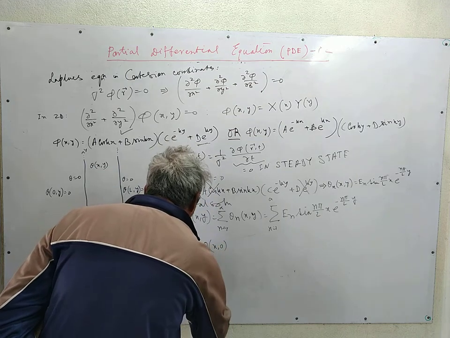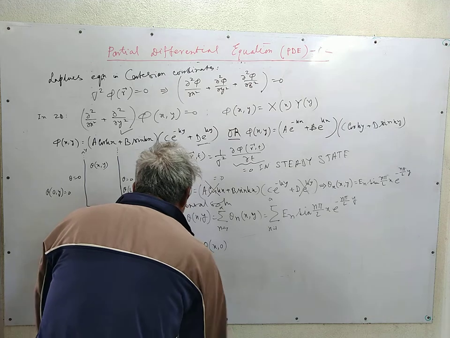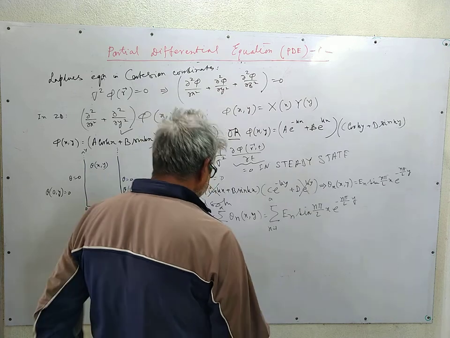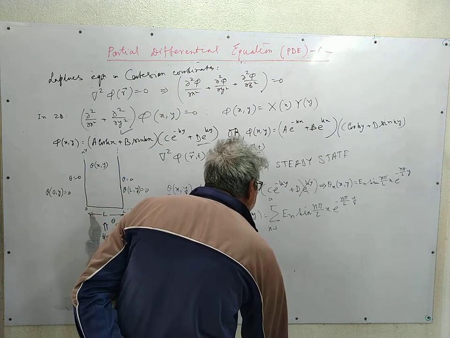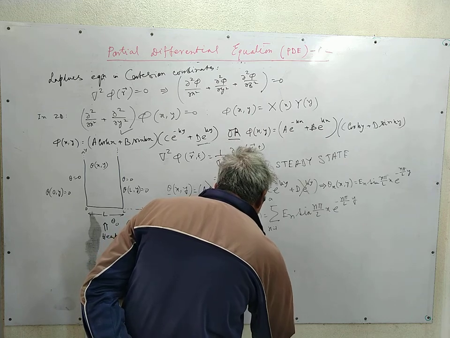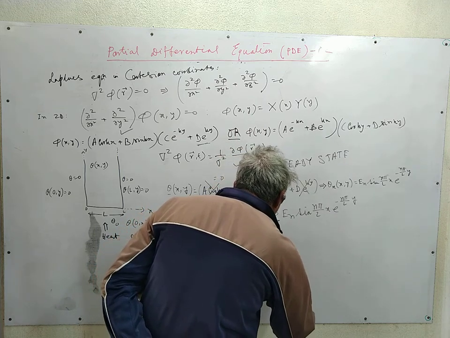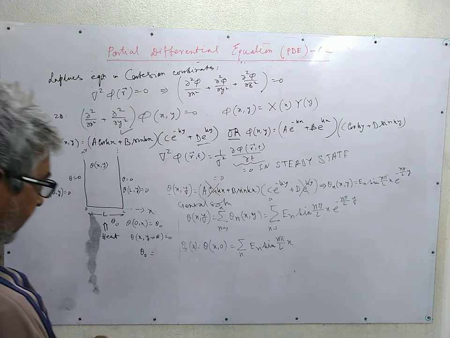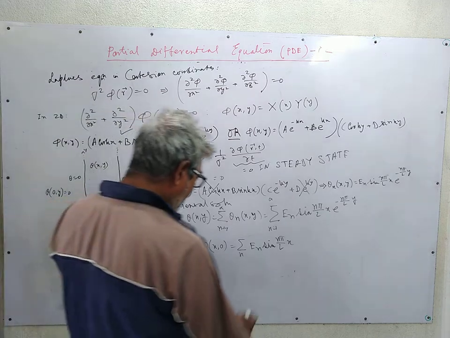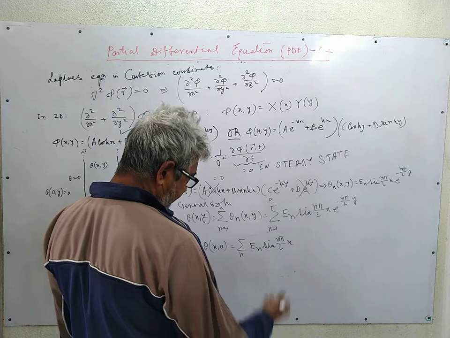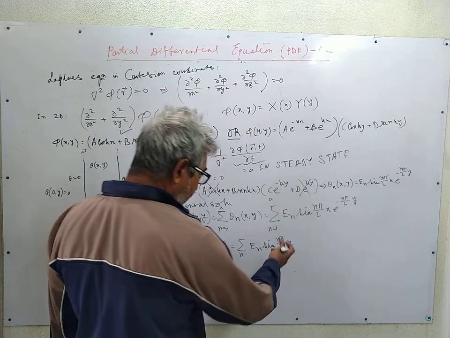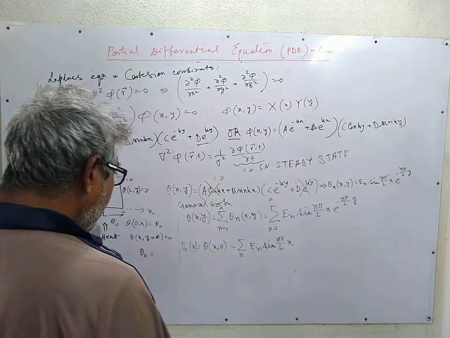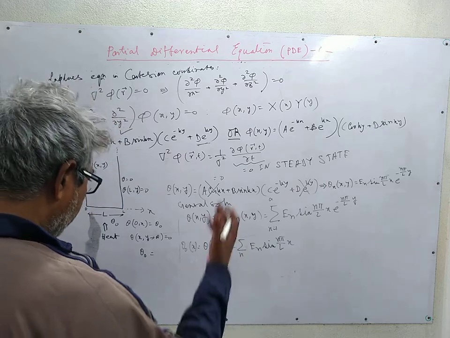So theta 0 may be a function of x, summation over n of En sine of n pi x by L. Now to evaluate En, we multiply both the sides with sine of m pi x by L and integrate over x from 0 to L, and we get